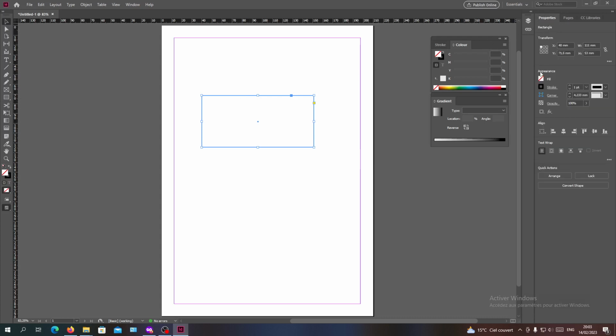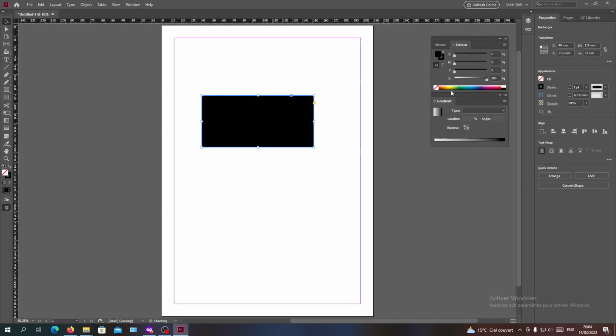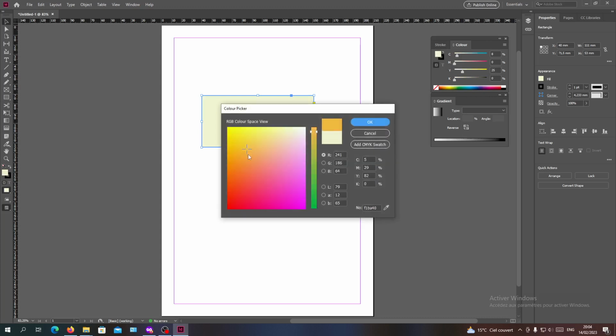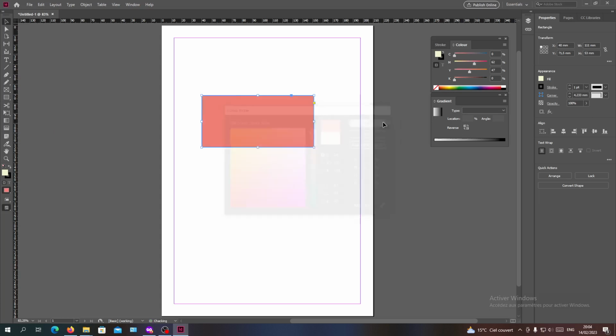Go to properties, make sure that you are on the fill color, so you are using the fill, and now you fill your shape with the color that you want. Now we want to add a gradient, so basically I'm going to click on the gradient tool, and you can click on the gradient,